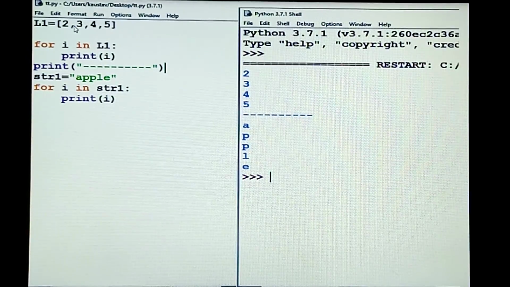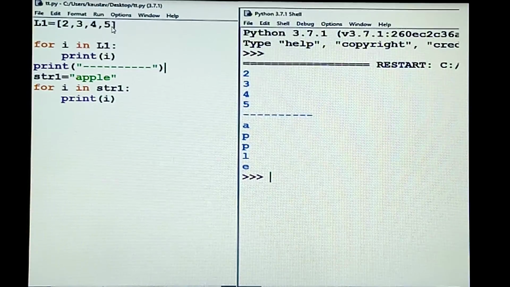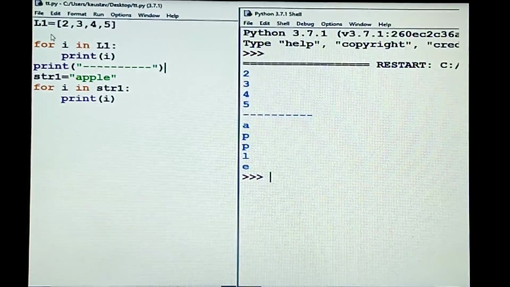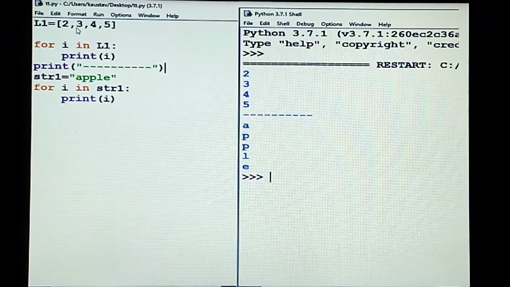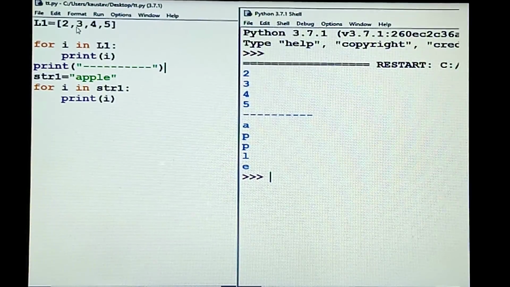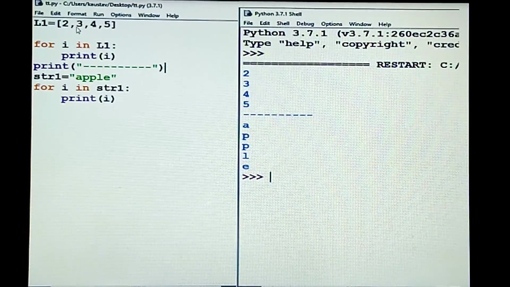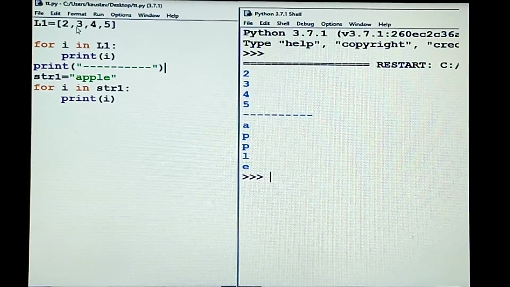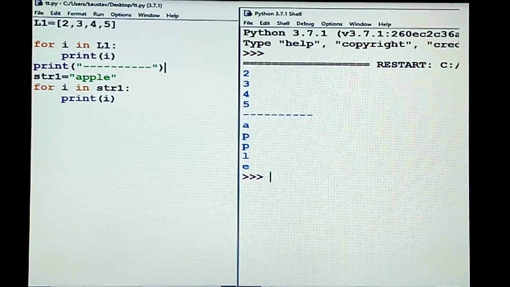Comma separated values means all the items are separated with a comma. Here I have entered 2, and I can enter another letter also, in single quotes or double quotes. It can be a combination of letters and numbers, any kind of values.